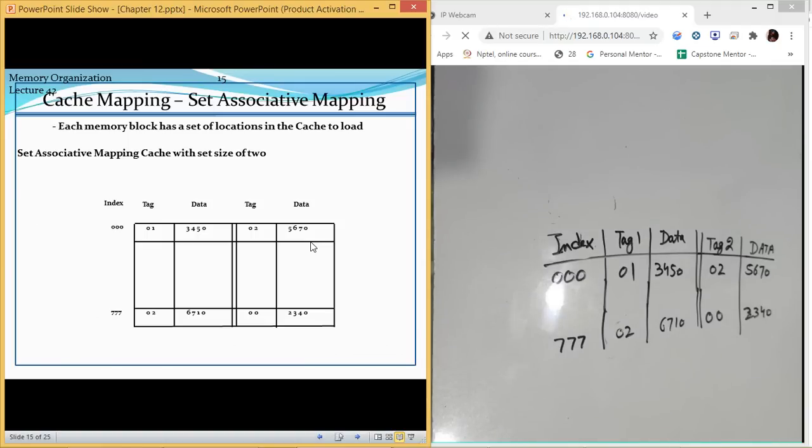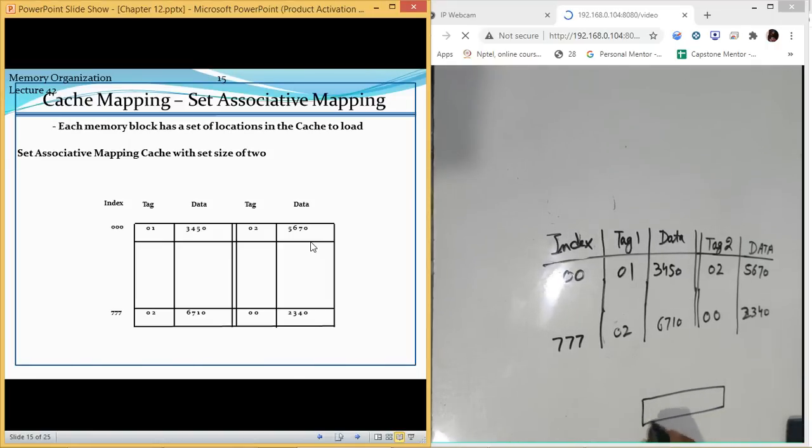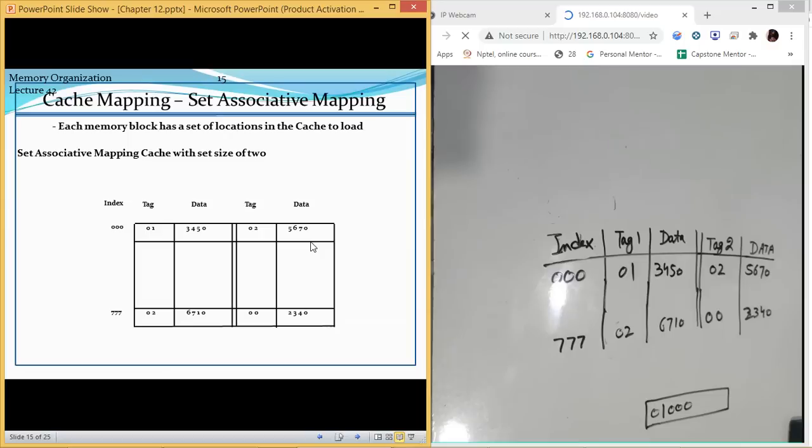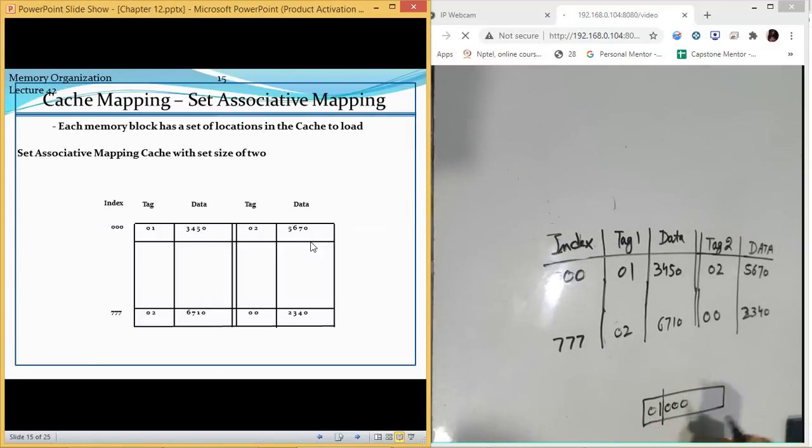Now in this case, what is happening for an index, if we are searching for an address inside the RAM? How are we going to search? First of all, we will have some value, which is the value we are searching for. We are using a 5-bit value to search. How will it be done? The search will be done on the basis of this. This will be your index, and this will be the tag.